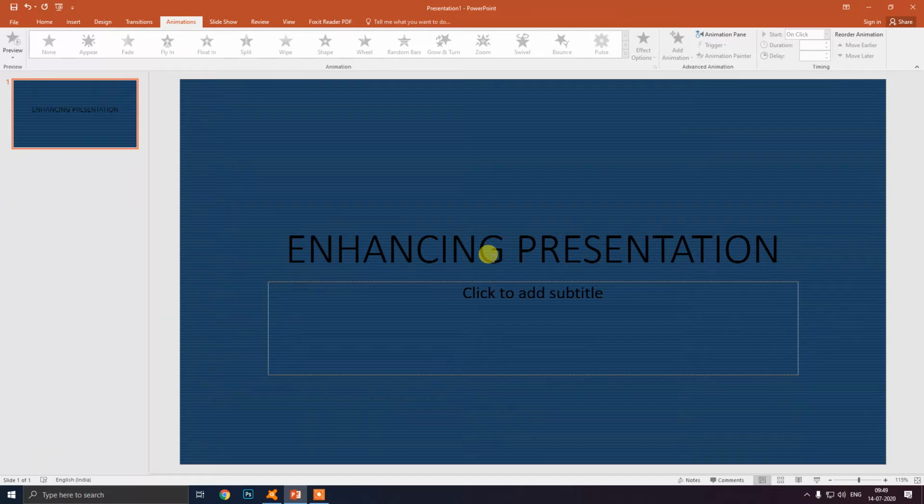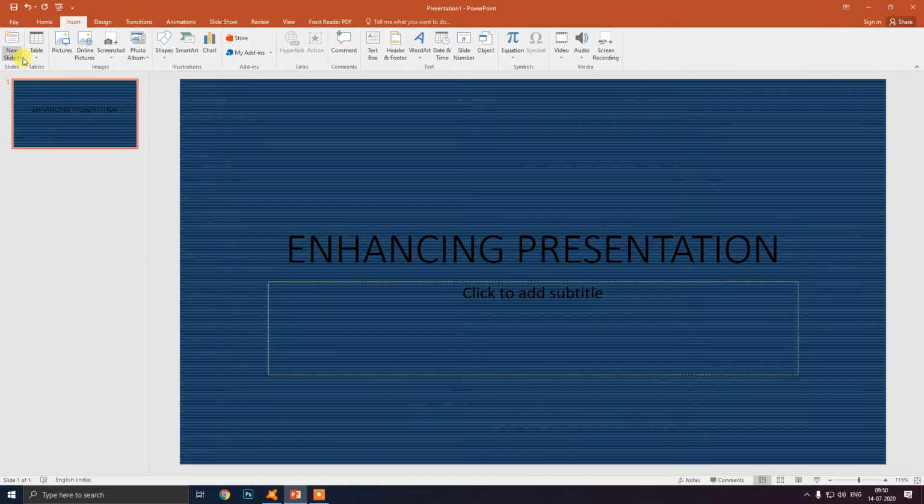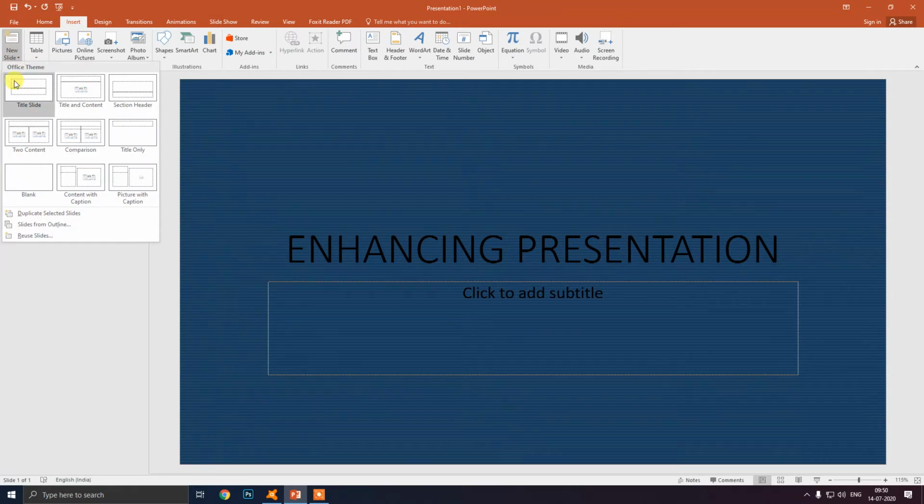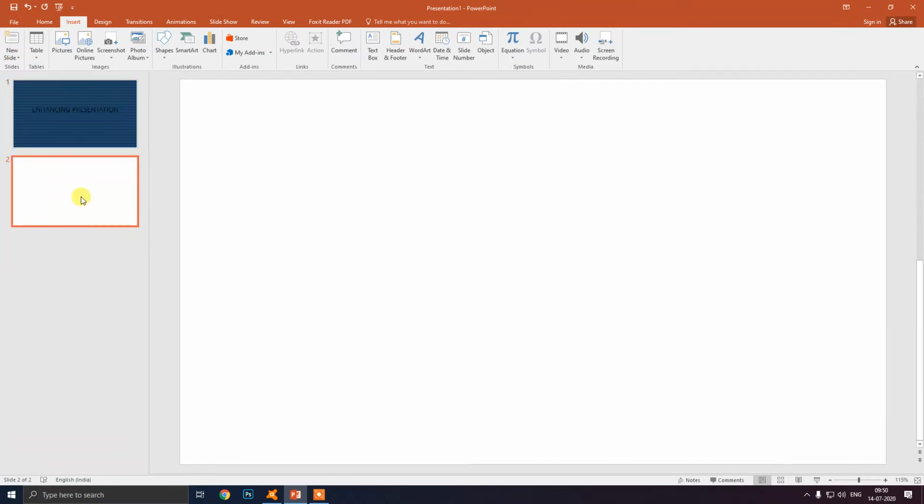So for showing the slide transition, we need another slide. So I will insert a new slide. I will go to the Insert menu and then click New Slide. Suppose I'm selecting the blank slide. As you can see, now two slides are there. Changing from one slide to another, and if some effect is there in between in their transition, that is known as slide transition. Means changing from one slide to another with some visual effect is known as slide transition.